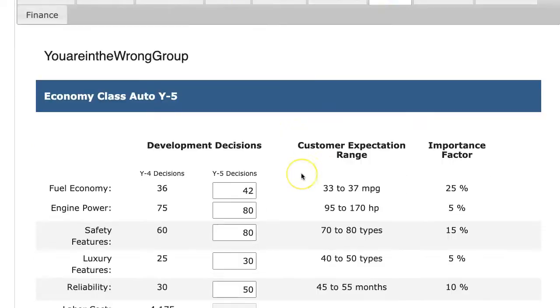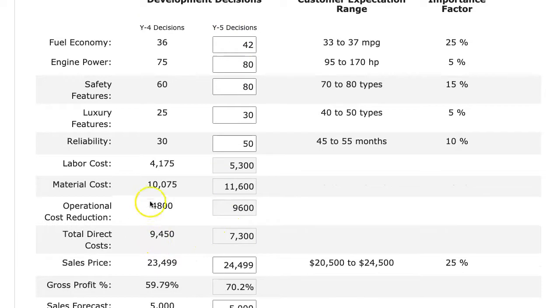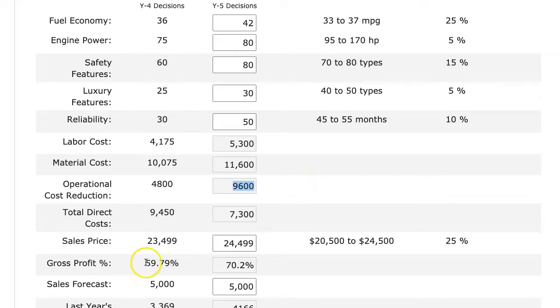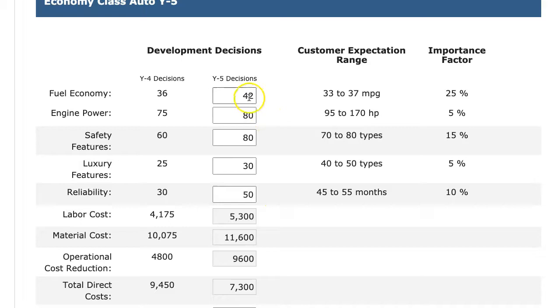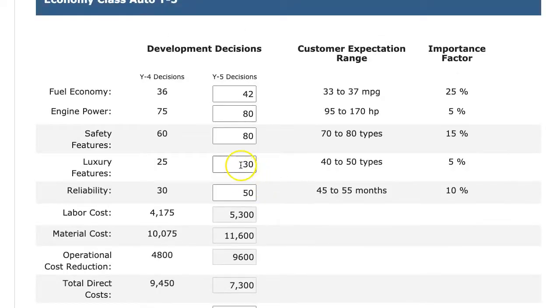So when you go into your sales, you notice that when you're doing year 5, if you make enough investments, you can push up your operational cost reductions. Here they doubled. So I'm able to move my profit margins from 59 to 70% and exceed or improve on all of my features on the car. So I'm making a much better car and I'm getting a better profit margin because of the investments I made